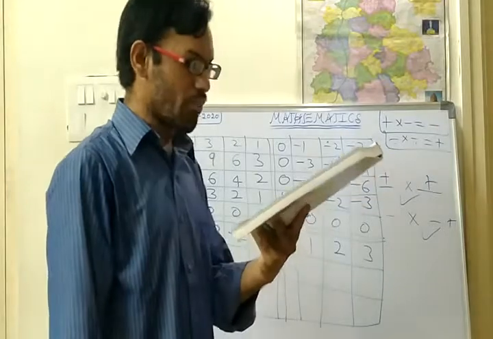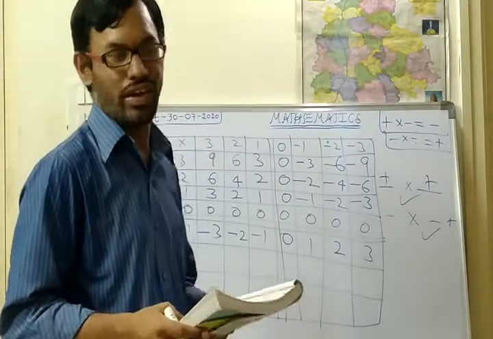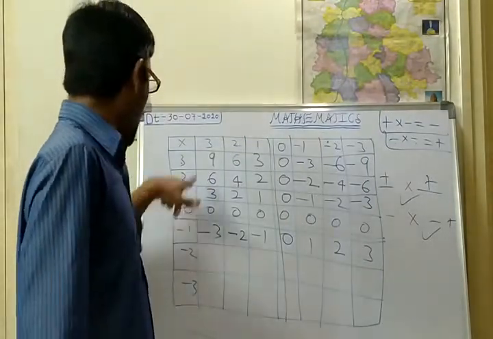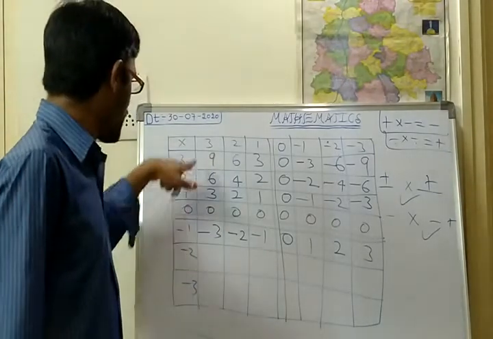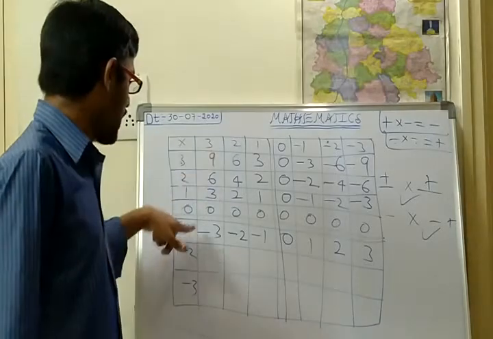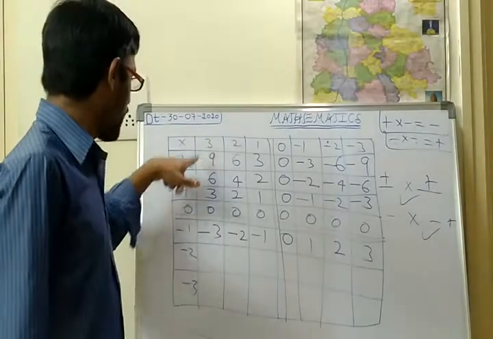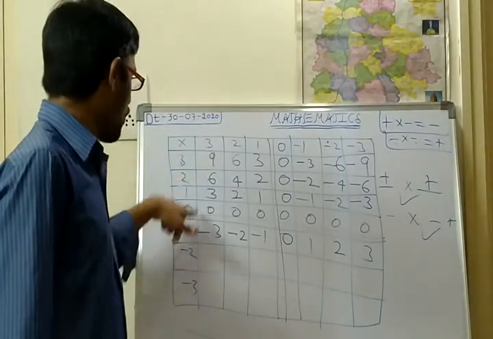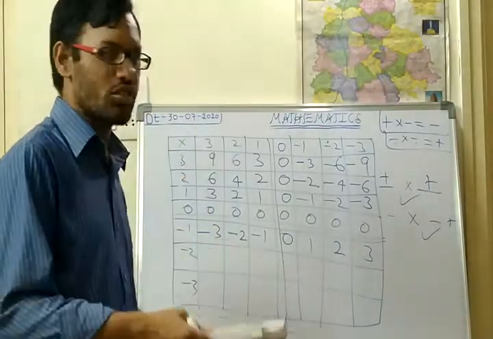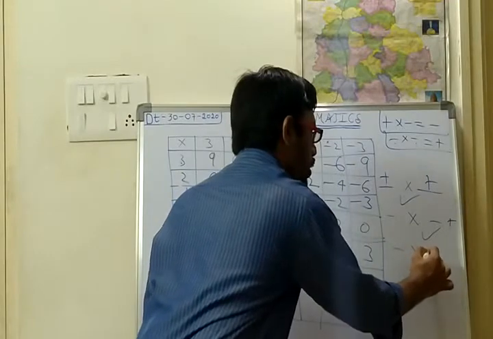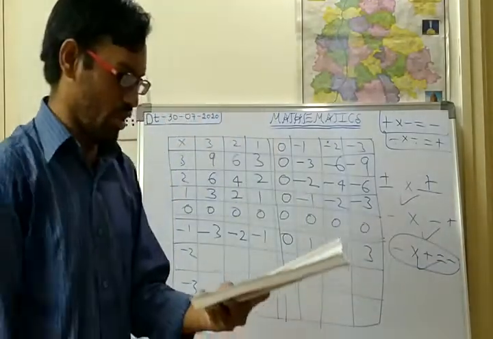Next, is the product of a negative and a positive integer always a negative integer, he is asking. Here minus 1 is there, here 3 is there. One is a positive integer, the other is a negative integer. So what happens to this product? Minus 1 into 3: minus into plus is minus, and 1 into 3 is 3 only. So minus into plus is minus 3. So this is also correct. The product of one positive and one negative integer is always a negative integer only.